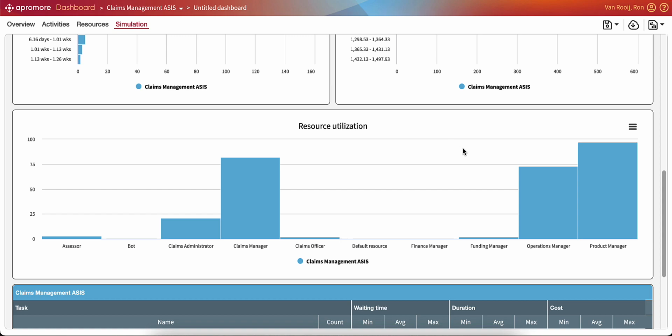And as you can see in this process, the product manager is heavily overutilized. Now this is where things like automation scenarios come in. How can we help the product manager to perform his task faster and more efficiently? We can do this